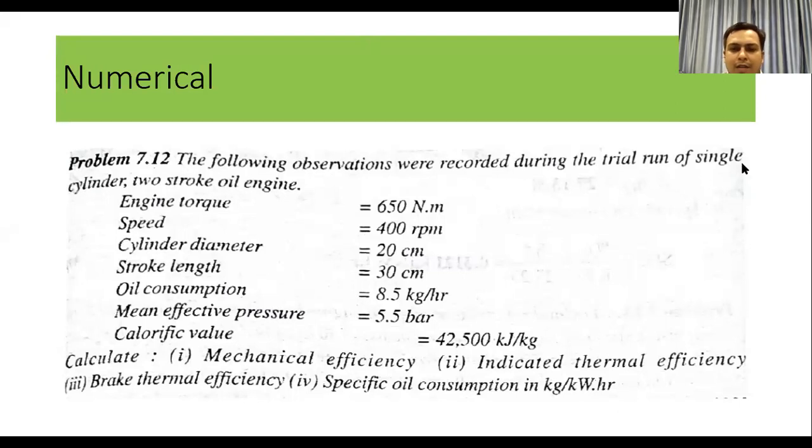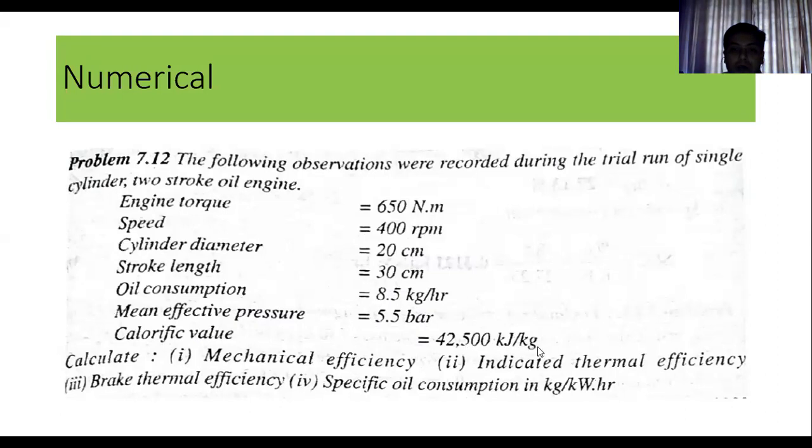In the first line, it is given that it is a single engine, single cylinder, so the number of cylinders is only one. Two-stroke engine means in every revolution of the crank, we have a power stroke. Engine torque is given as 650 Newton meter. The speed is 400 RPM. Cylinder diameter is 20 centimeters. Stroke length is 30 centimeters. Fuel consumption is the mass of fuel supplied to the engine, 8.5 kg per hour. Mean effective pressure, P mean, is 5.5 bar. And the calorific value of fuel is